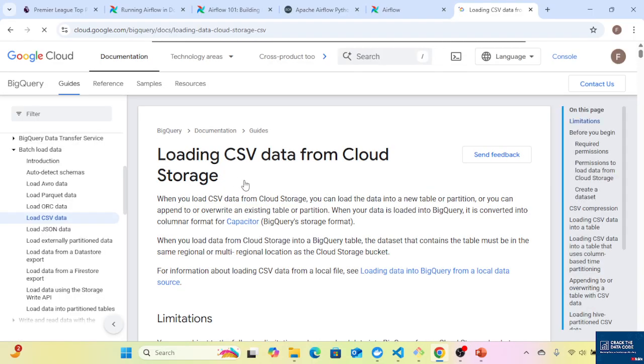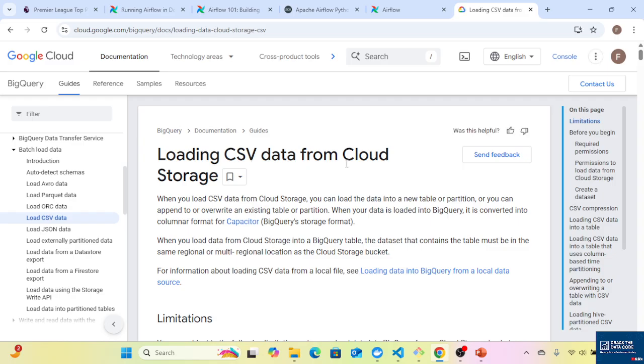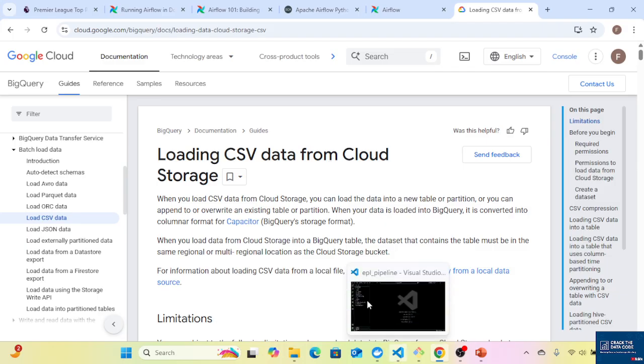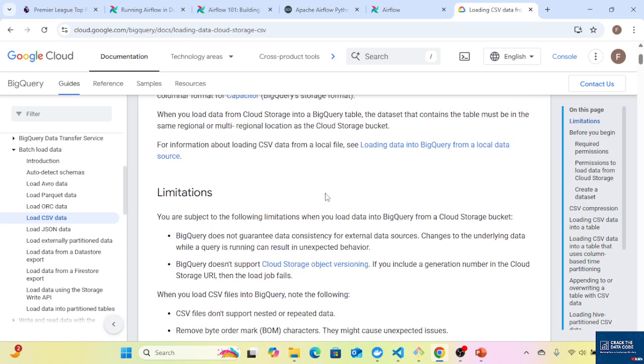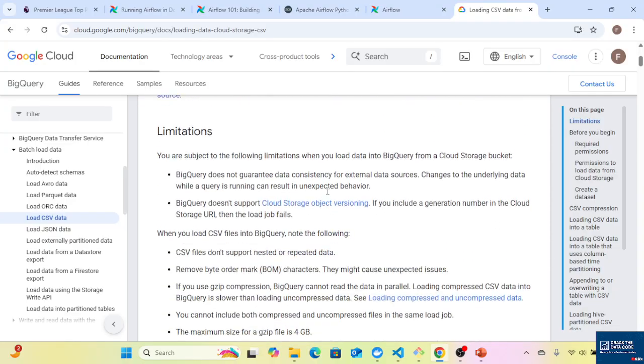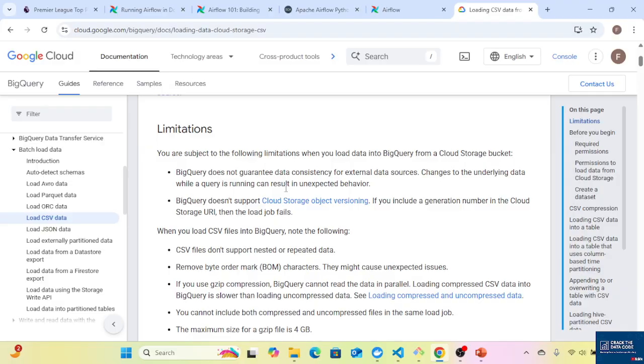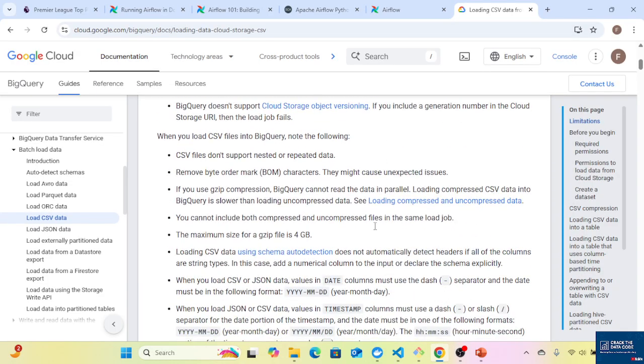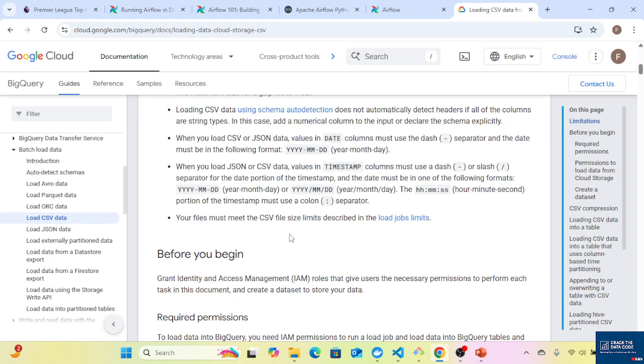Now, if you look at the caption, it says loading CSV data from cloud storage, but we are not loading from cloud storage. We want to load from the CSV file. So we're going to see how we can adapt that. But before we start, let's come back to this. You can just read through. It just tells us some limitations or some things you should be aware of